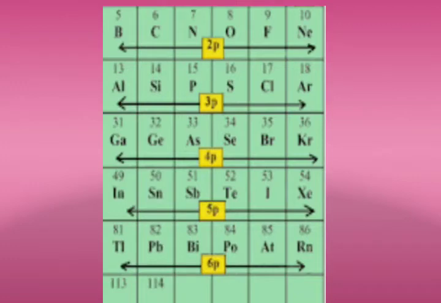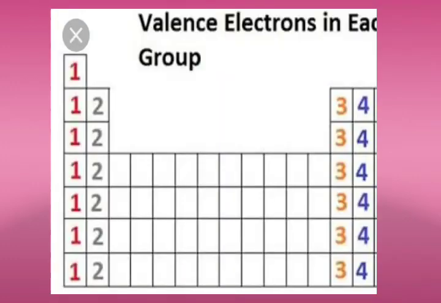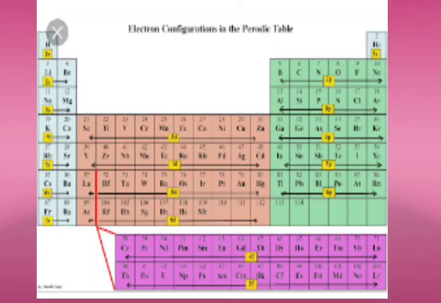Now, the relationship between valency of elements and the periodic table. We have already discussed valency. So let's discuss the periodic table in brief, because you have to study the periodic table in brief. The periodic table is a tabular arrangement of elements in vertical columns and horizontal rows indicating the regular trends in the properties of elements. There are 118 elements known to us.